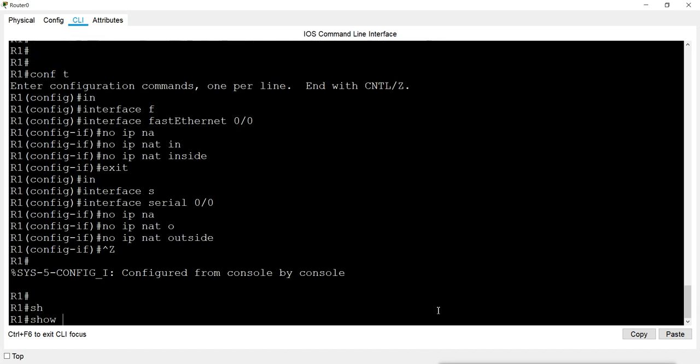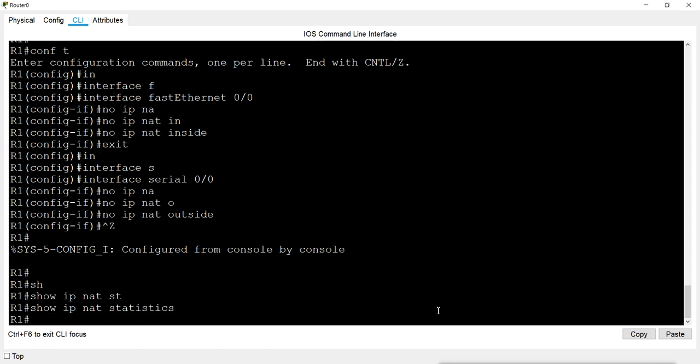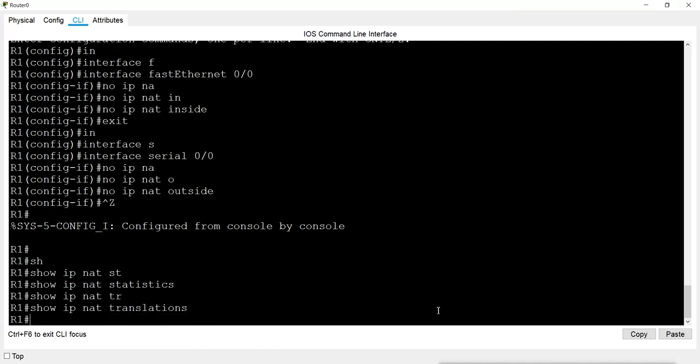That means our pool is still there, our configuration is still there. I just stopped the translation. So it is not doing any translation, it is not showing any statistics in translation, but the configuration is still there.